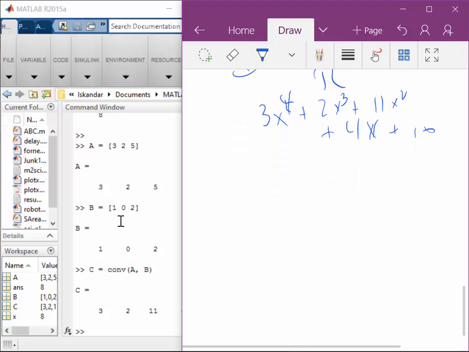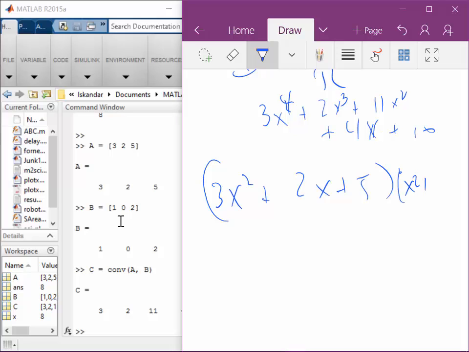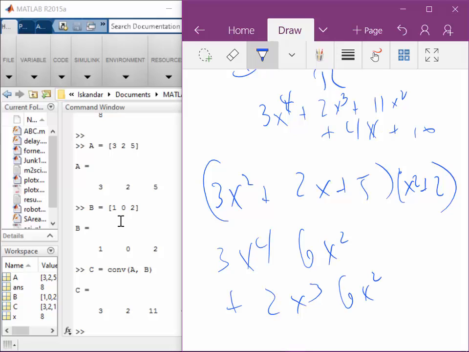But if you start off with the first one, 3x squared plus 2x plus 5, multiplied times 1, 0, 2, so x squared plus 2, you're going to end up with, it looks like 3x to the fourth, plus 6x squared, plus 2x to the third, and that's what I had there, plus 6x squared. So my x squared there, or excuse me,